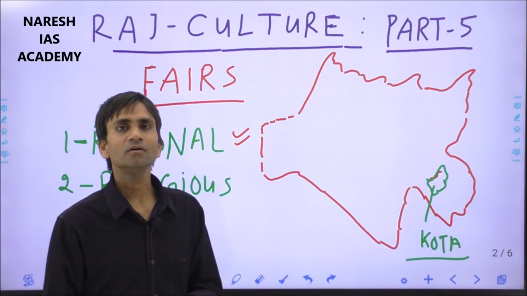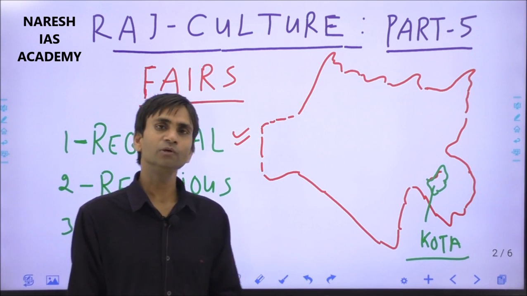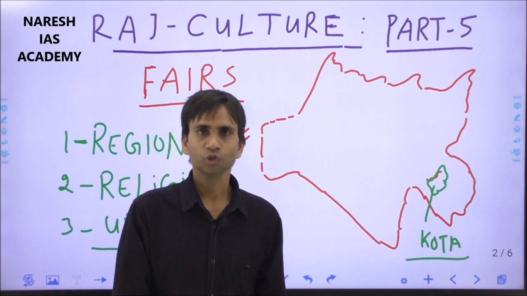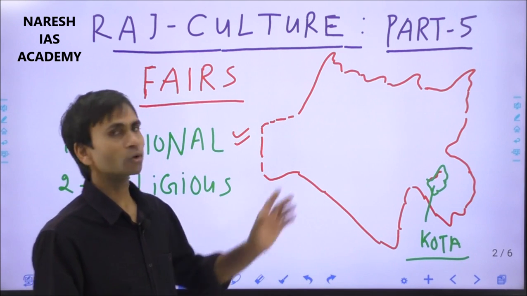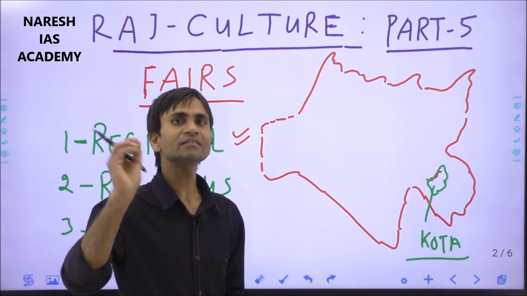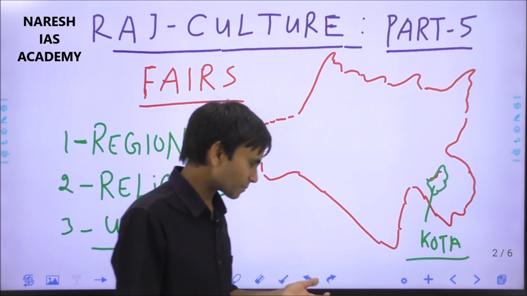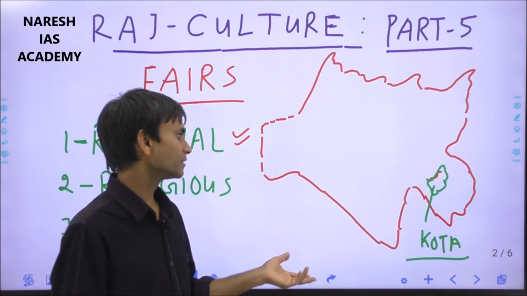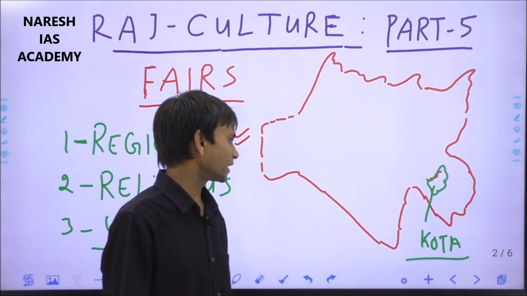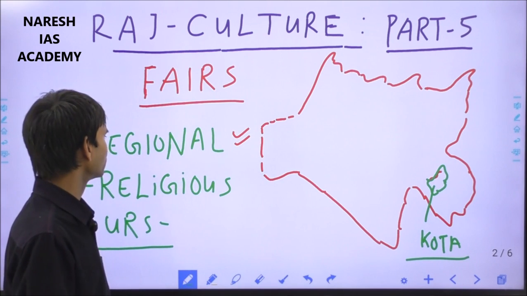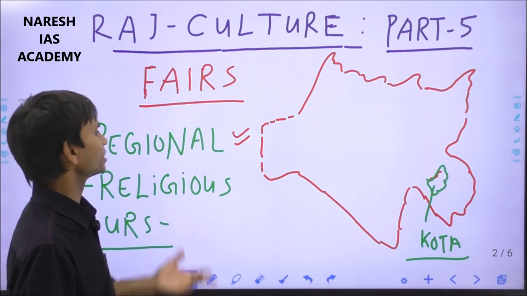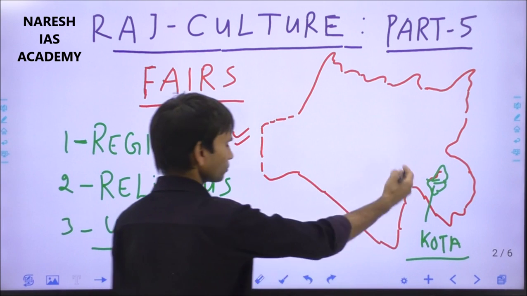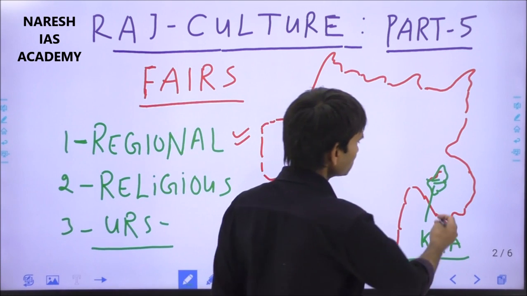Dasara fair of Kota was started during Madho Singh, the ruler of the Chauhan clan in Kota, around 1635, when Madho Singh separated Kota from the remaining Hadoti region, where in the great victory of his memory he started the organization or celebration of the Dasara festival. So the Dasara festival of Kota is very famous in the Hadoti region, and again this is the geographical boundary